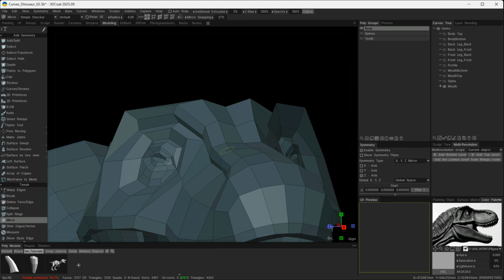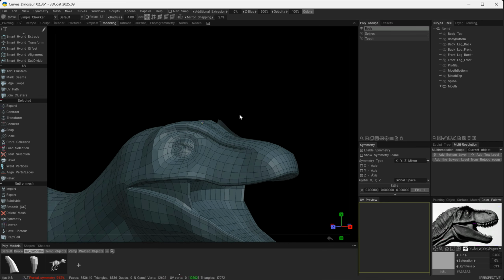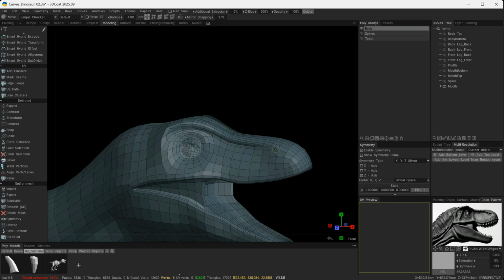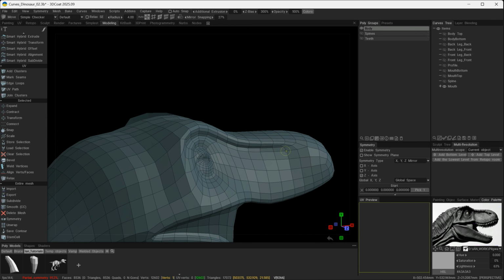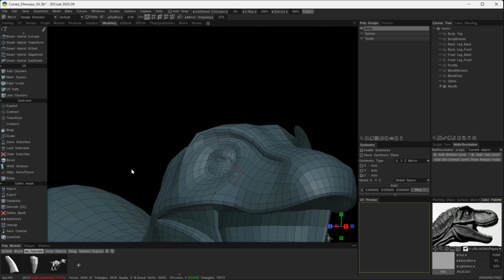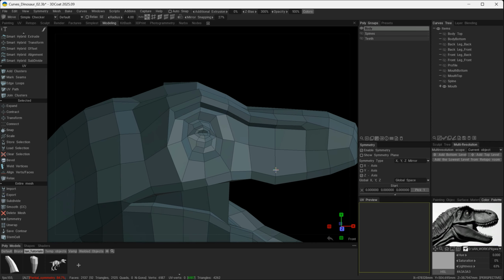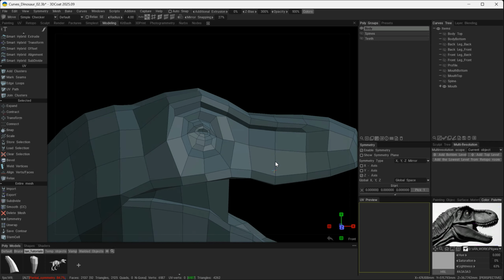So now with that done, if I use my Catmull-Clark subdivision preview, we can see that I'm going to have a good foundation here to start sculpting on top of this. So I've created those landmarks there in order to sculpt on top of. And if I go back to my lower polygon level there, we can see that I'm going to have that